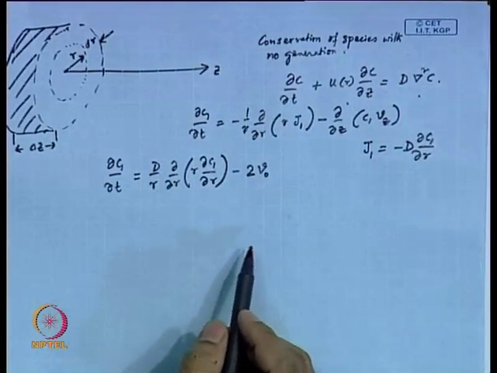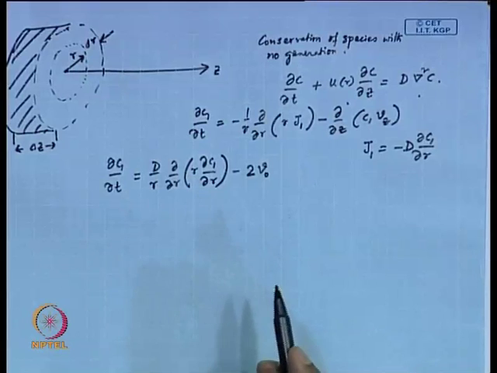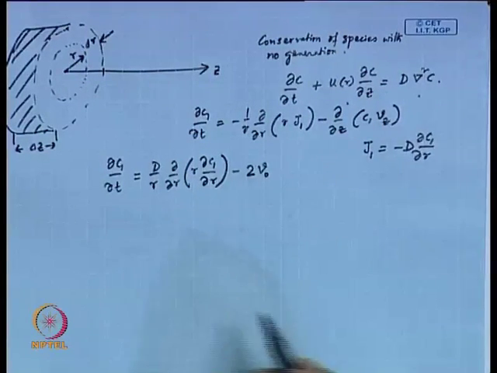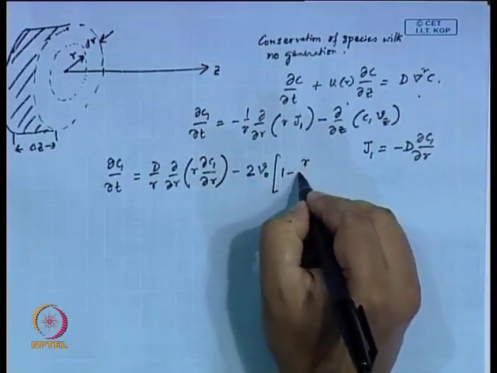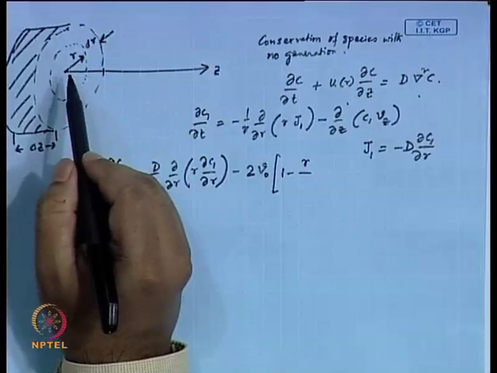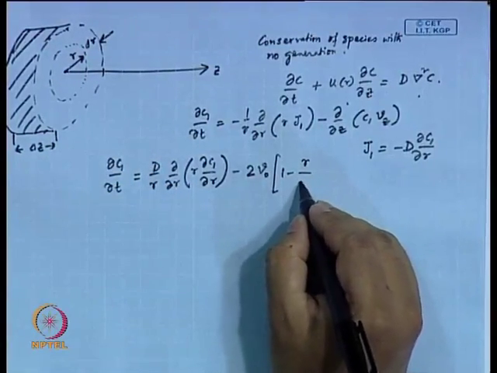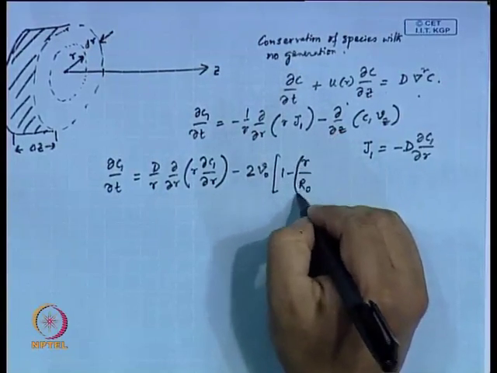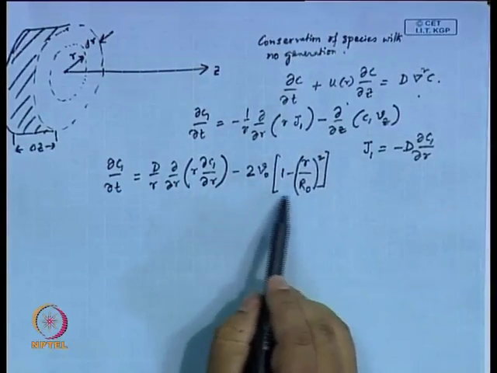Because you remember the V max in the parabolic velocity profile, that V max is 2 times V average. Here the V average is referred to as V 0. So, 2 V naught into 1 minus small r, which is any radial point, over capital R 0, that is the radius of the capillary, the whole thing squared. So, this gives you the V z,